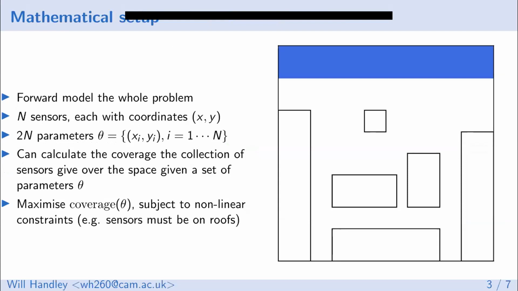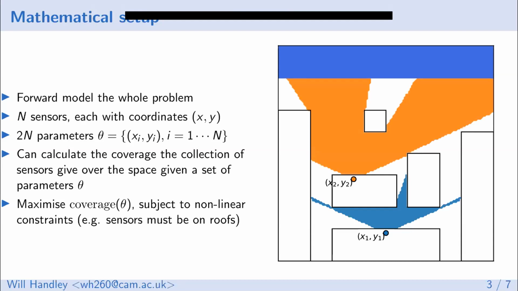Just for reference, we're looking down on a cityscape, the rectangles are buildings, and the blue region might be a waterfront. Basically we want to place sensors, each of which individually will have a line of sight profile that might look something like this. And as you place more than one sensor, you will get regions that might, for example, have double coverage here or single coverage there.